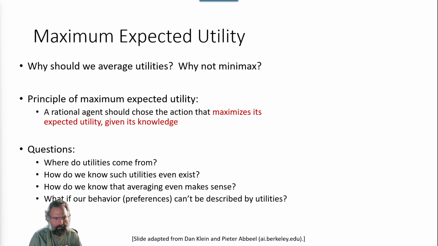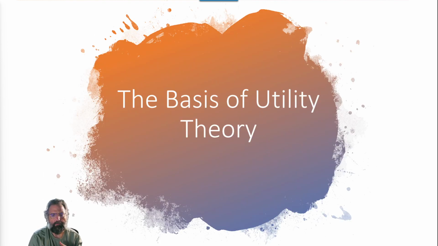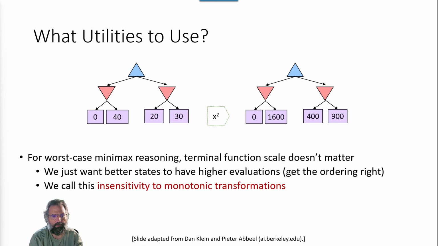That's a very specific definition of what something is. And then you have some obviously questions that will fall off of that. Where do utilities come from? How do we know such utilities even exist? And can you quantify them? How do you know the average even makes sense? Does the average of a utility that you're attempting to maximize the expected utility of make sense whenever you think of it in terms of an average? Then what if our behavior preferences can't be described by utilities? And you likely are going to want to introduce some sort of surrogate of whatever it is you're trying to really accomplish. So the basis of utility theorem,